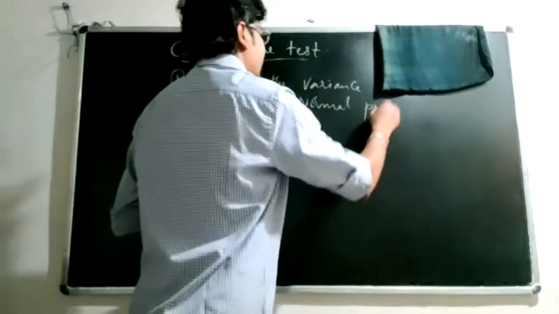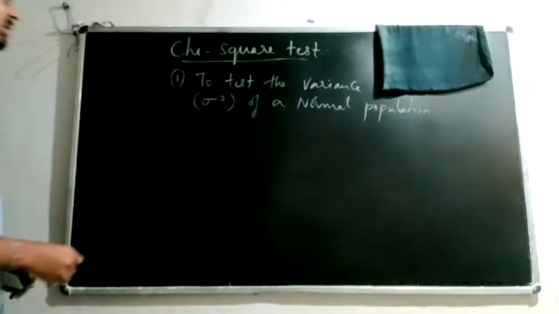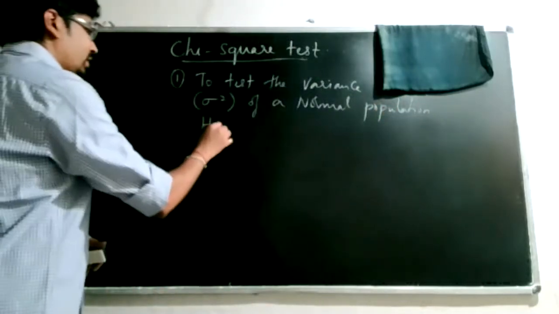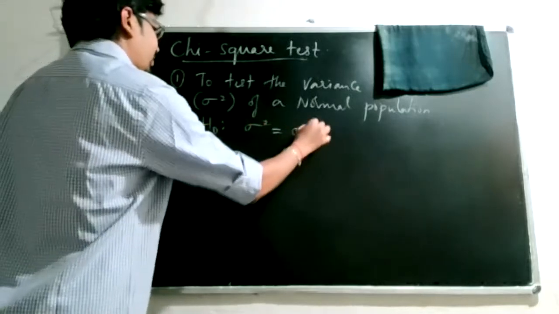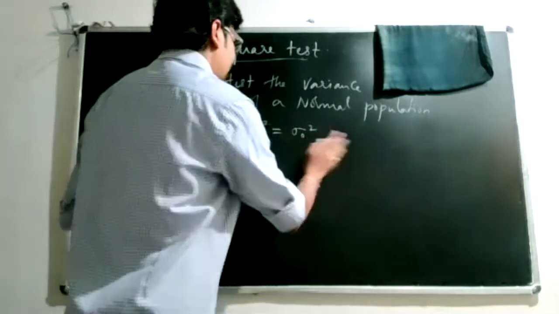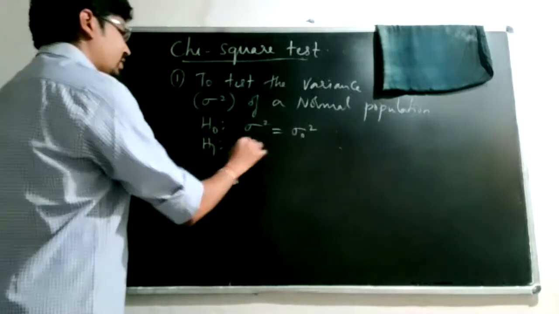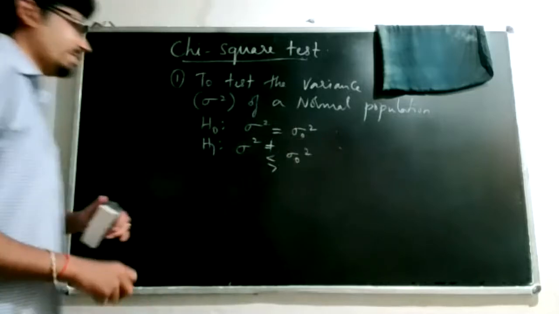In that case, you will be using what is called a chi-square test. So basically here H0 is you're testing sigma square to be equal to some number, let me use sigma naught square,